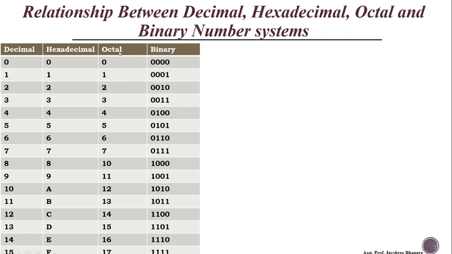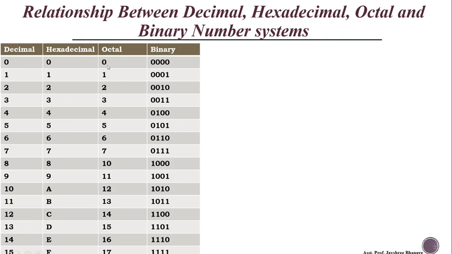Again, the octal number system: the basic digits are 0 to 7, and the combinations of these basic digits are used to form the different numbers. So we get 10 to 17 after 7. Again, the binary number is nothing but a combination of 0 and 1 only, and we combine these to represent the different numbers in binary.